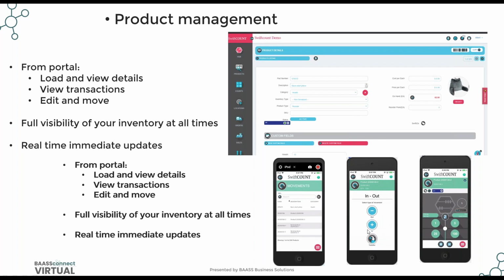For example, we have something called a quick in or out. A quick in or out is just a way to take a scanner and say, I'm receiving this item, I want to adjust the inventory, or I found something that I didn't have in my inventory. I'm able to scan it, assign a bin location to it, assign an actual physical warehouse location to it, and enter a quantity. We can even tag it if we want to know why this item came to be. So that would be an item that we just want to adjust. Then when you hit the plus and complete the process, that will go through and create an inventory adjustment